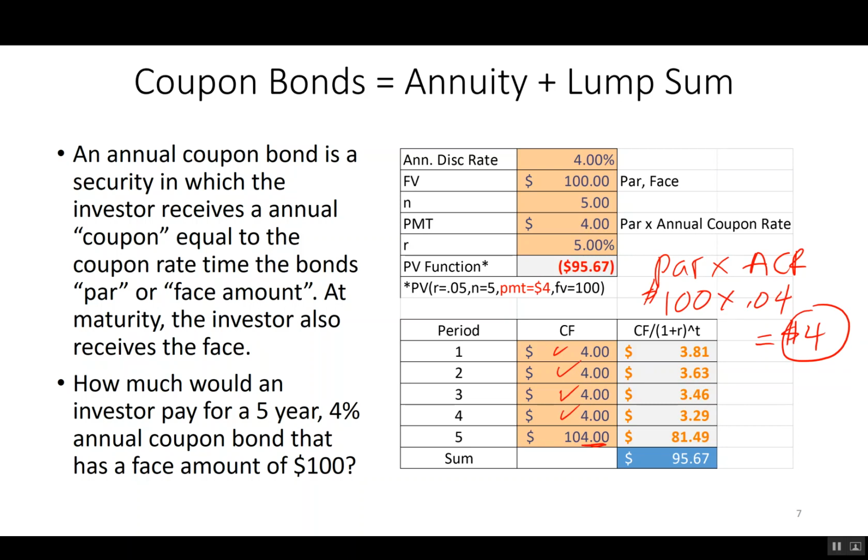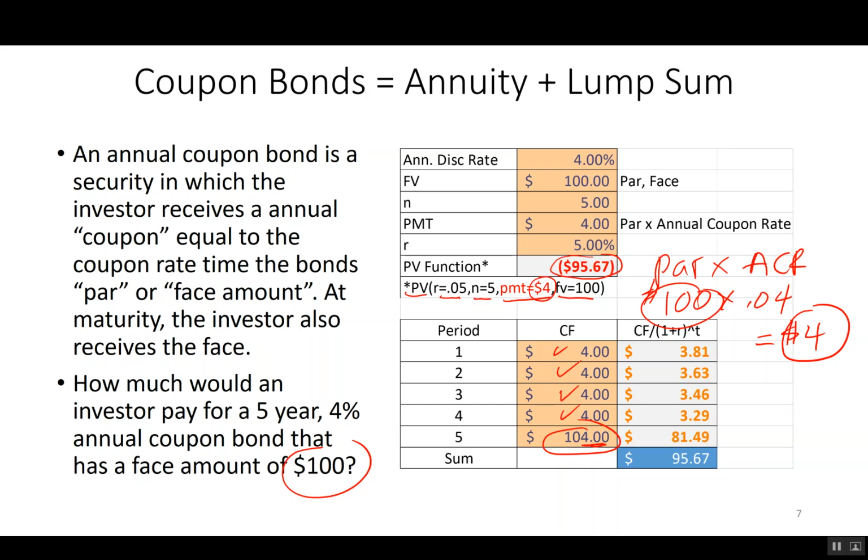But the way annual coupon bonds work is you're going to get, in addition to those coupon payments, a payment of par. And that par is just that $100, and that's going to be added on to the last coupon payment. So the last payment is going to be $104. So we can use Excel's present value function to solve that. We can put in the PV and put the R of 5%, that's the discount rate, 5 years. Payment, let's put in $4. And future value, let's go ahead and put $100 in, and that gives me